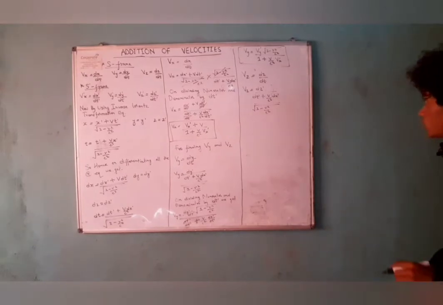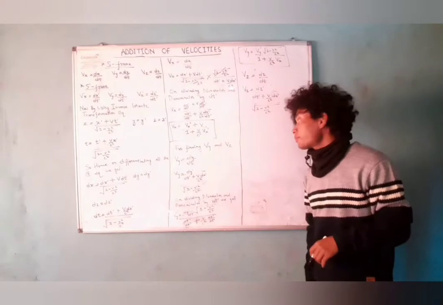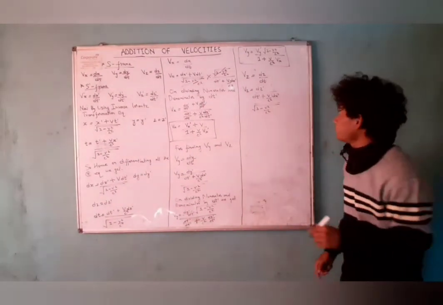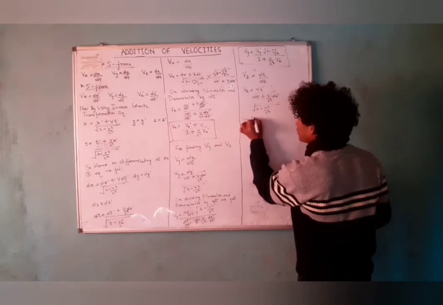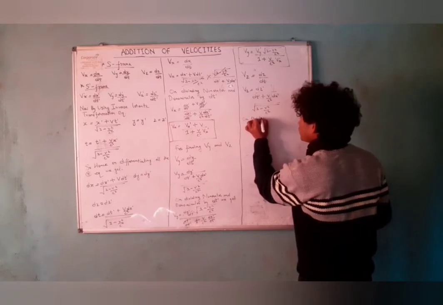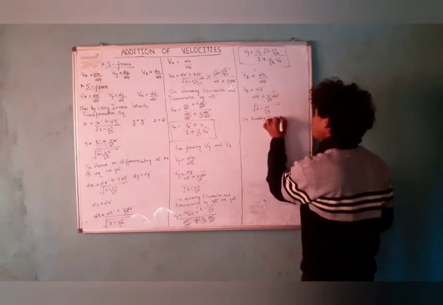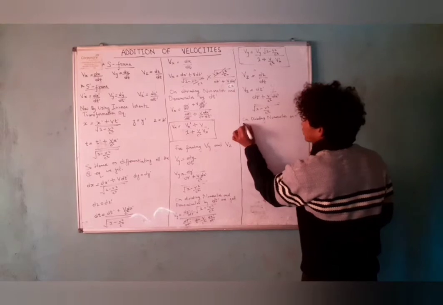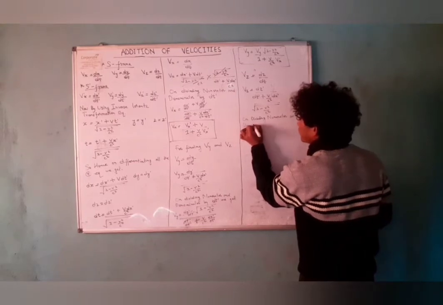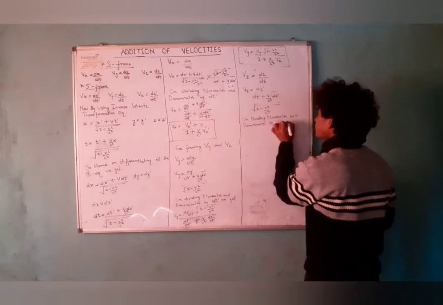So now again here we have to divide the numerator and denominator by dt prime. On dividing numerator and denominator by dt prime, we get